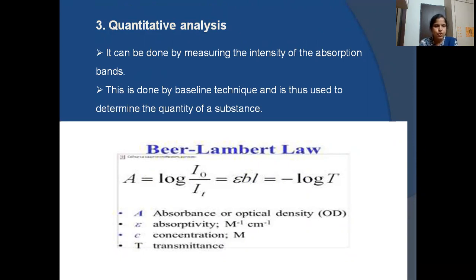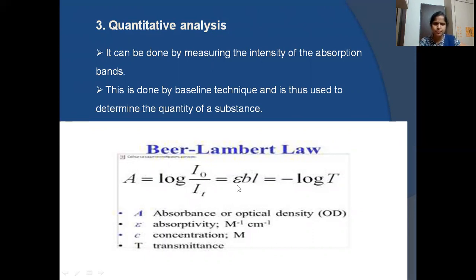So you know this, absorbance and transmittance. So when the IR radiations hit the sample, some of the radiations will get absorbed and some radiations will get transmitted out. Now absorbance is inversely proportional to the transmittance. So by knowing the intensities of the radiations, that is incident light as well as the transmitted light, we can know the concentration of the compound. And this Beer-Lambert's law, it is nothing but A = εbc or εcl, you can take.